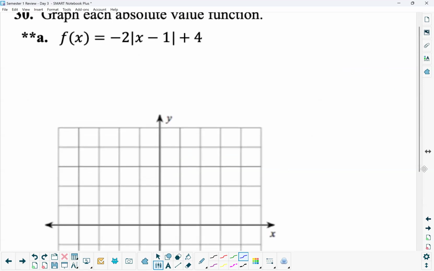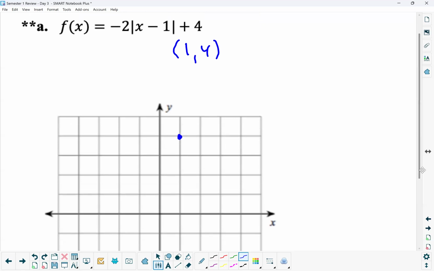Graphing. So my vertex, negative 1 on the inside becomes positive 1, plus 4 on the outside becomes positive 4. So over 1, up 4. There's my vertex. Once we have the vertex, we can ignore everything except the value for A, and that acts